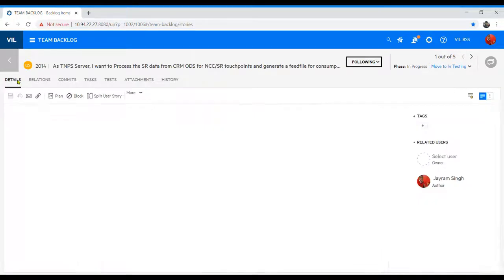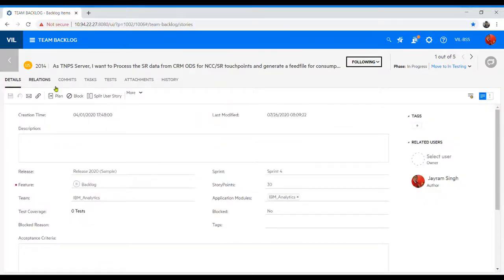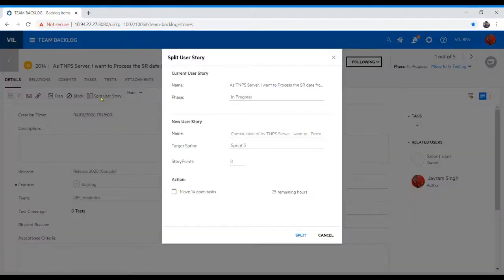So go back to the detail tab and click on split user story. There are two sections: the current user story, and the phase, in progress. Which one you want to split, whether it's in progress or new. In progress is important because you have already invested some hours and some hours are remaining.